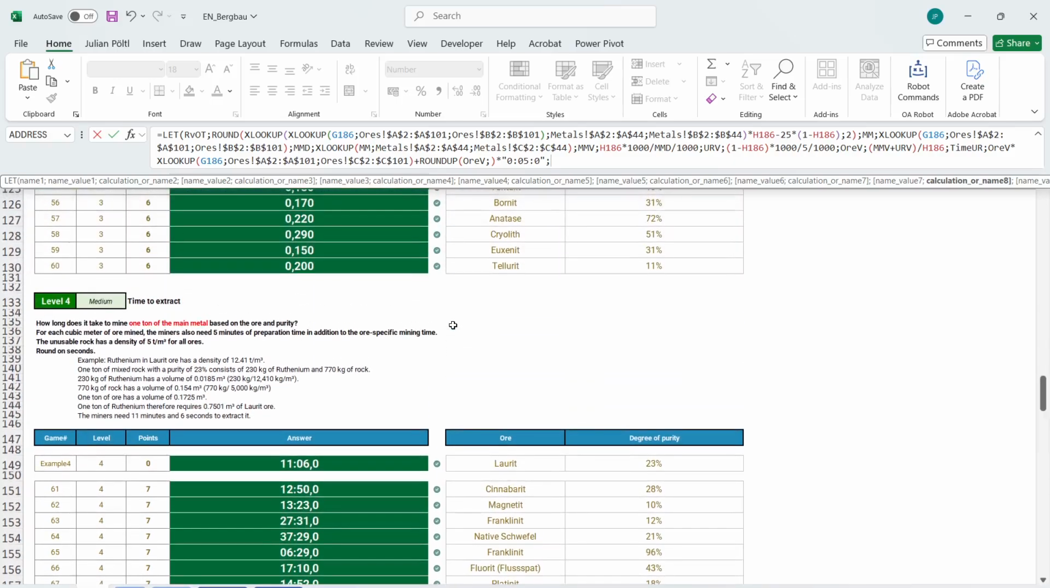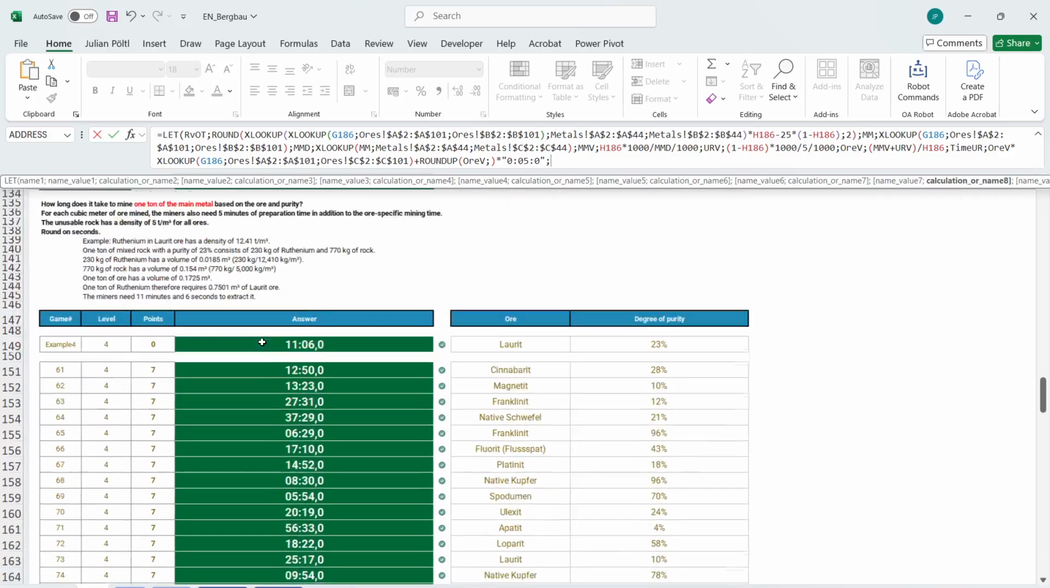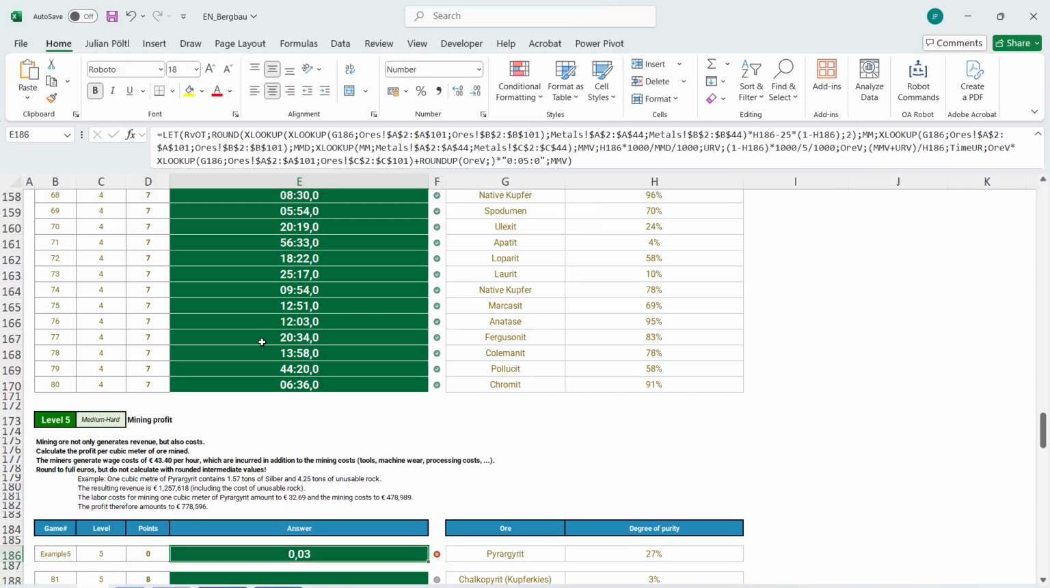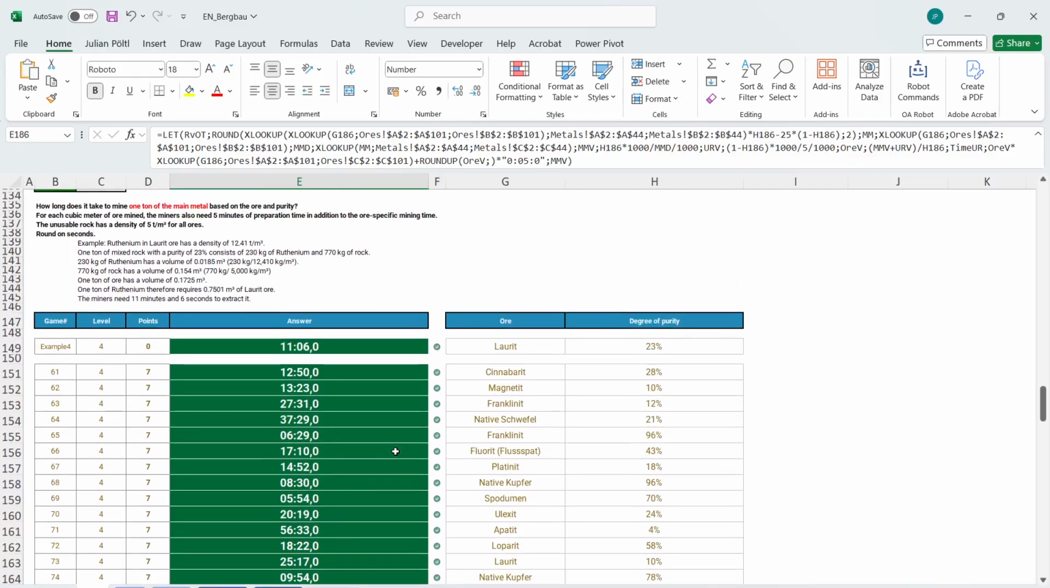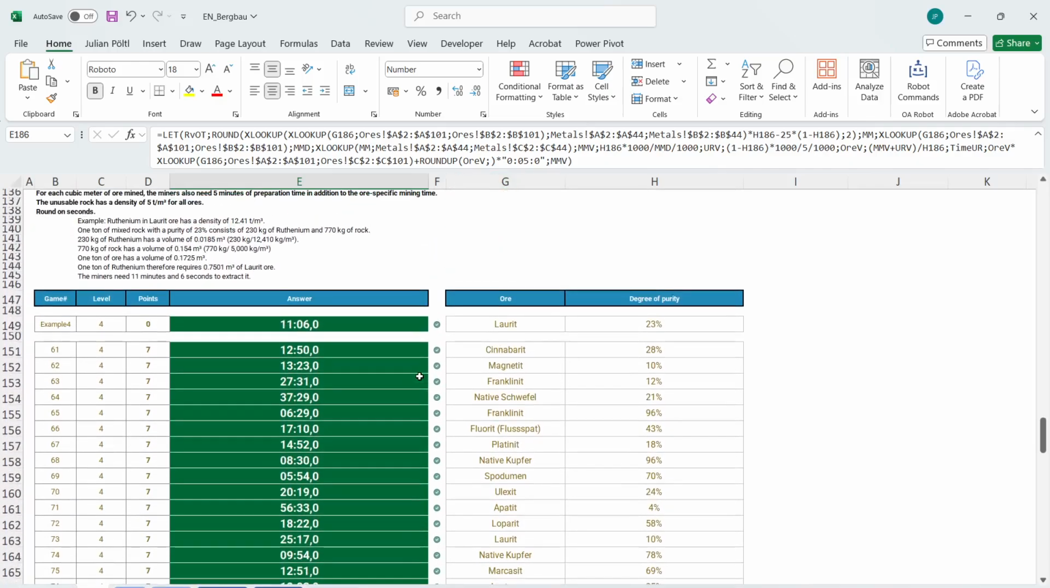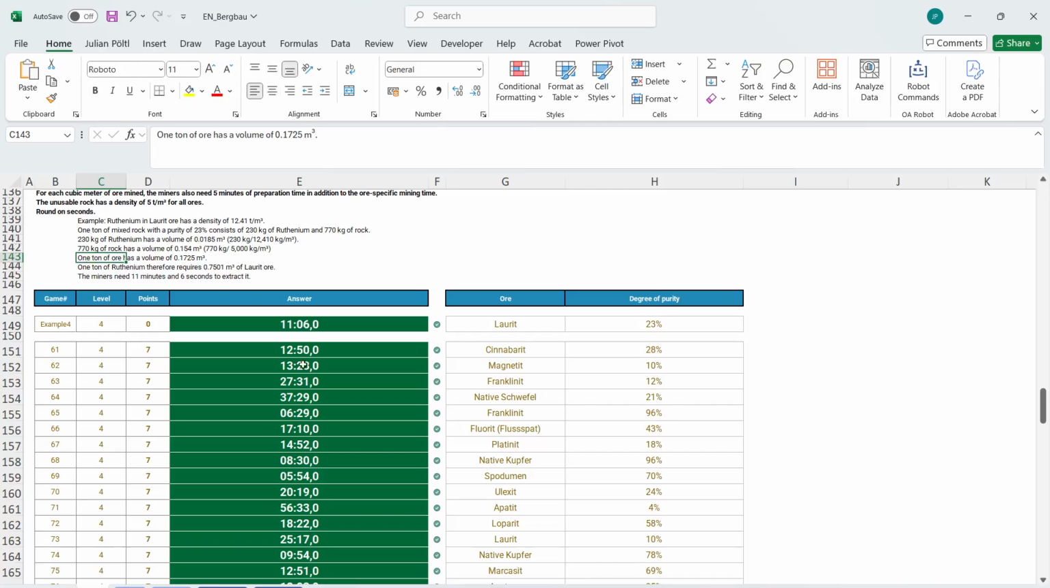Unusable rock volume. But here, 1 ton of the main metal, which is also not 1 cubic meter. Important to know. MMV, main metal volume. 1 ton of ore. We have here a volume given,